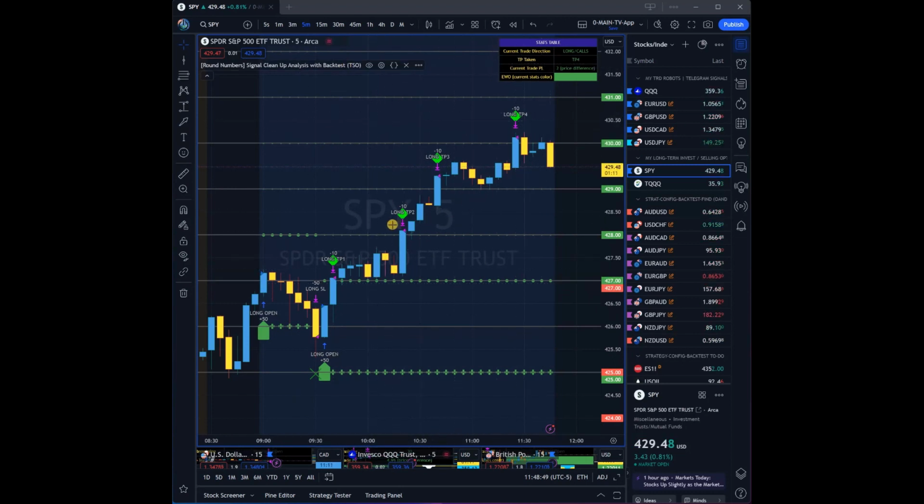And yeah, as you can see, each take profit, the green, since this is a long position going up, it's green. You can see every take profit here. Same way you can see